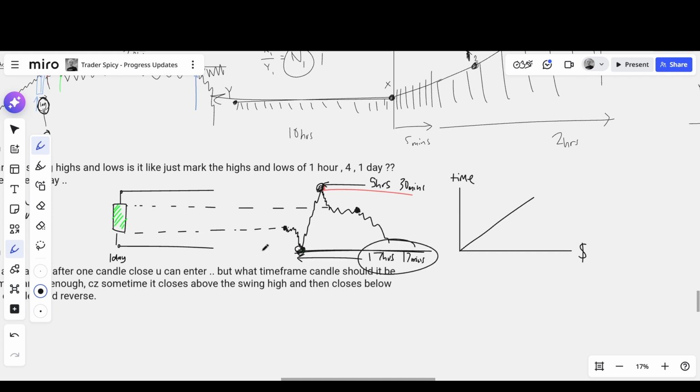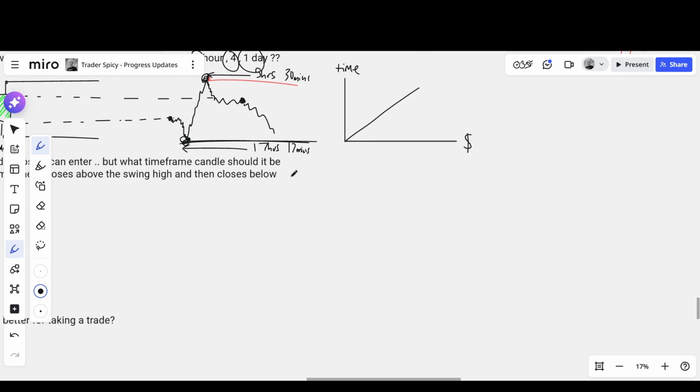The more time that price has spent away from the level, the more decisions can be made at that level. And when I say decisions, I can translate that into market orders being executed at that level. Again, this isn't always the case, but if you were to generalize and assume that all other factors are true, it's generally like this, right? Basically, what this means is that you don't have to be as rigid with using 1 hour, 4 hour, or 1 day levels. You absolutely can use the high of